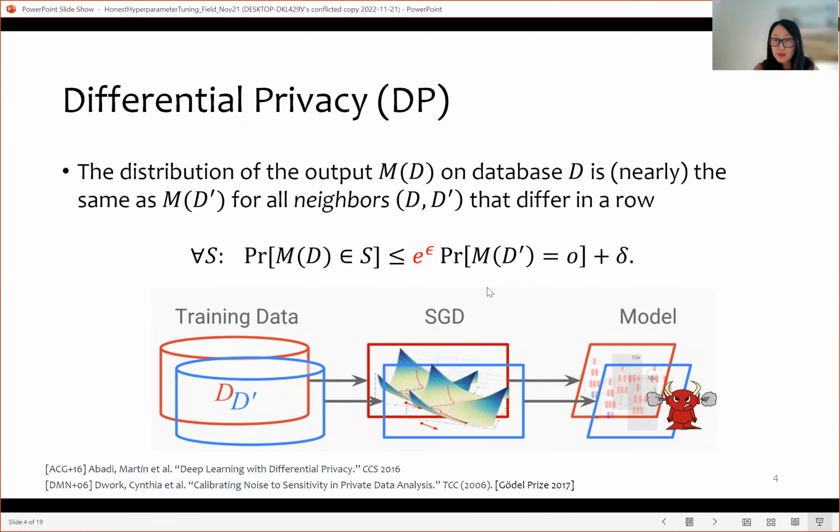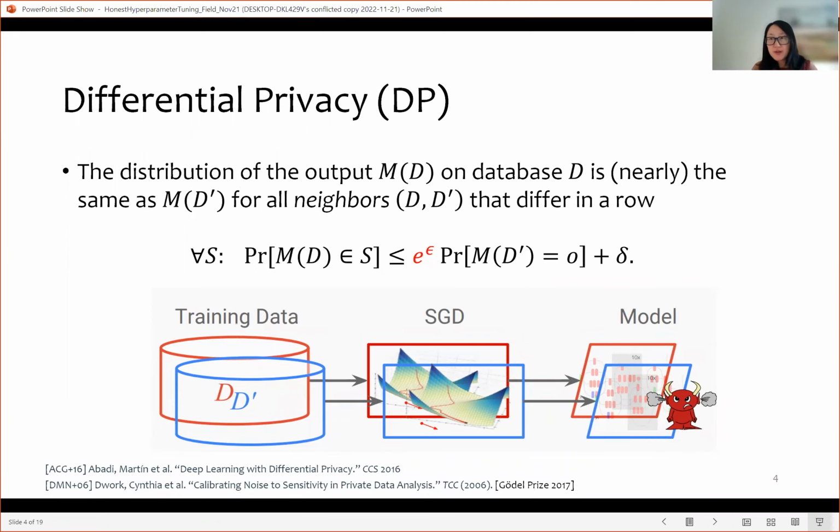So in this privacy guarantee, there are two important privacy parameters here. The first one is epsilon, which indicates the amount of information leaked through this training process, right? And the second parameter is delta, which indicates the failure probability to quantify the privacy loss by epsilon. Usually delta is set to be quite small. Okay, and a number of techniques have been proposed in the past to ensure a machine learning model is differentially private. It could be noise injection at the input level.